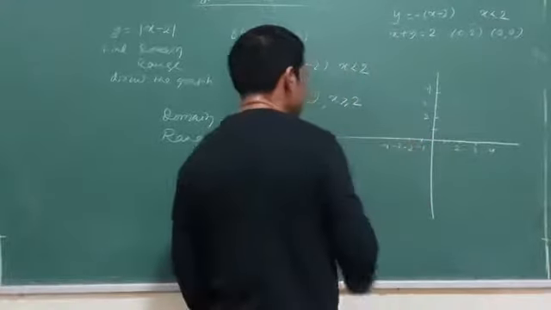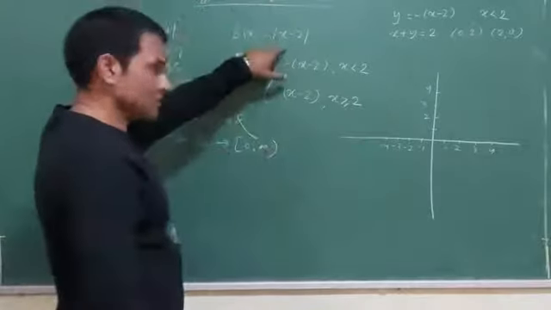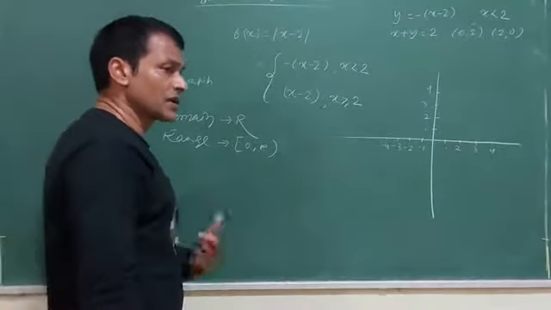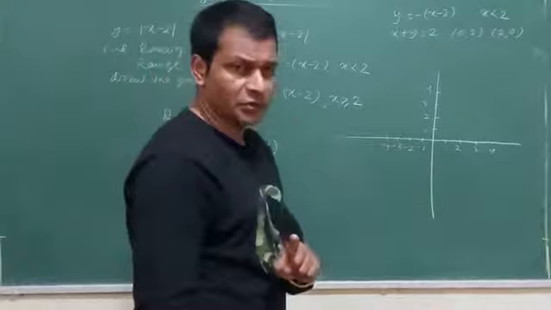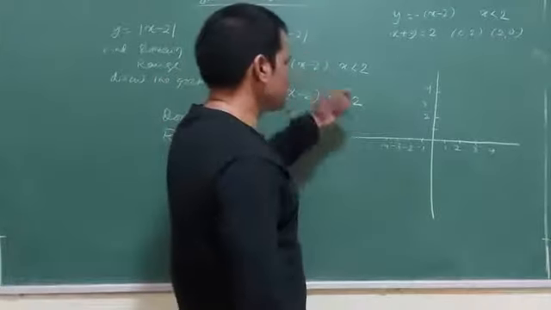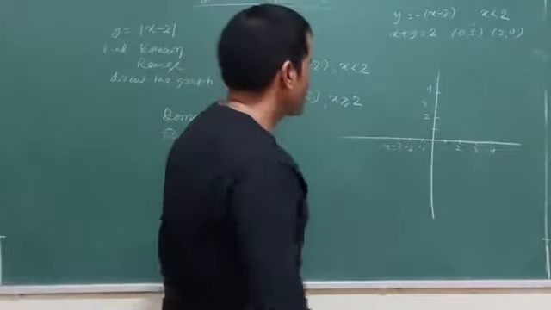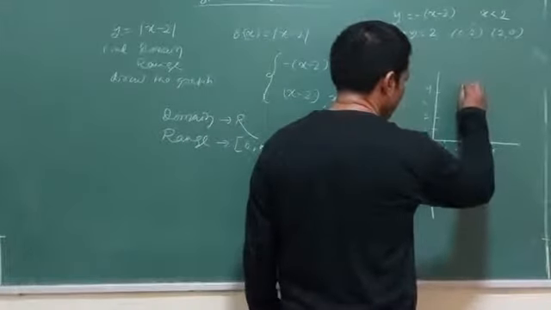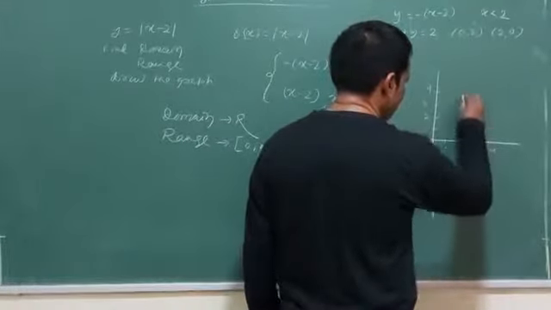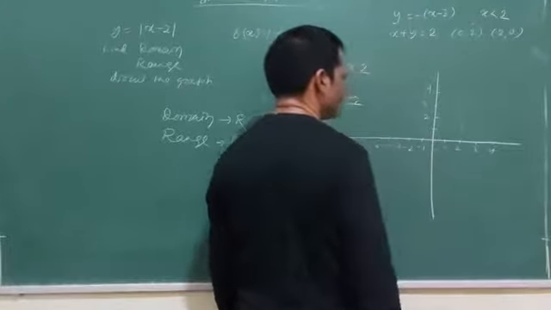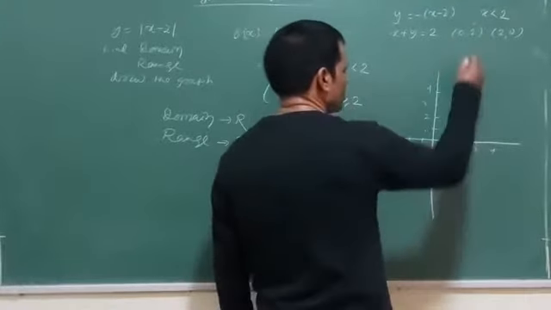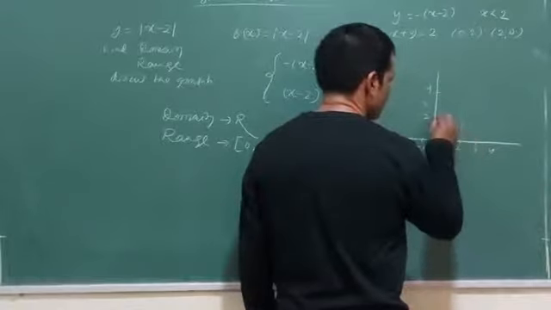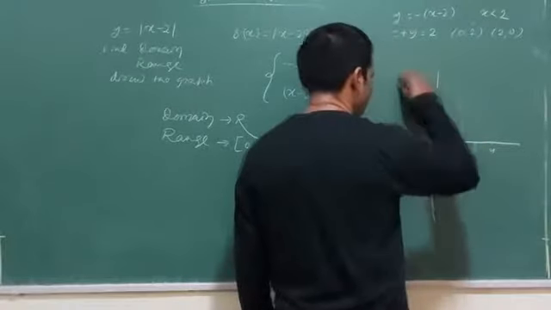If the modulus sign is on x variable, the graph will never come below x-axis. That's the point to be noted. As modulus is on x, the graph will never come below x-axis. The partition value is 2 here. So draw a parallel line to y-axis at partition value. Alright? 0 to 2, 0. Draw the line dotted line again.